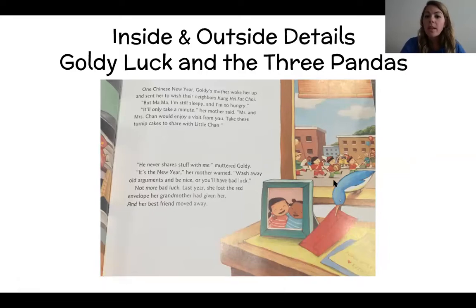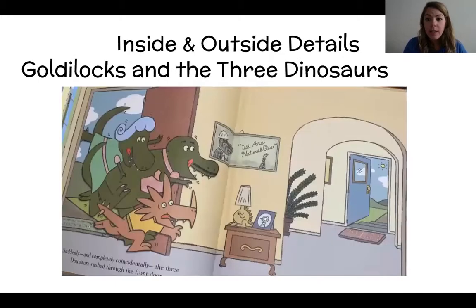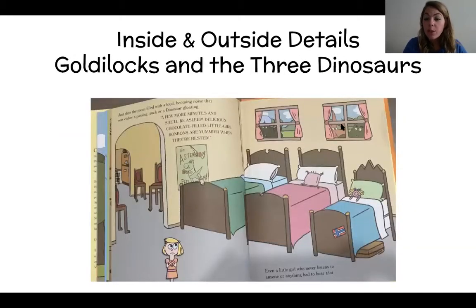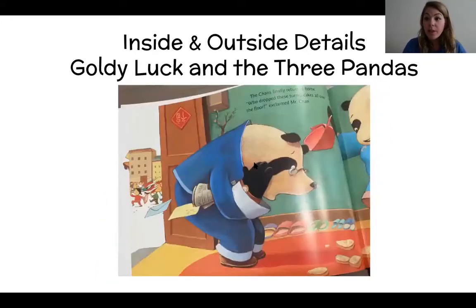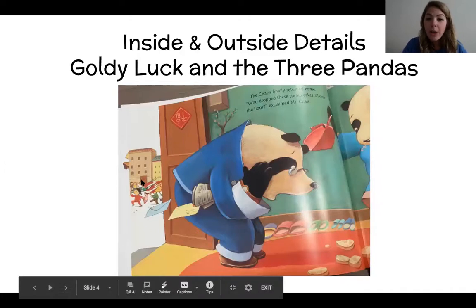setting. One thing that I'm noticing in common here is that both of these settings we've seen so far have a window or a door, which is helping us to see the inside and outside. Like for example, in this one, the dinosaurs, and we can see them peeking in from the window. And then this one here with Goldilocks, we can see what's happening outside because of this window. And then here's another one where it's a door, just like we saw in the Goldilocks and the Three Dinosaurs book. There is a door showing us what's going on outside, and then there's an inside scene here too, showing us what's happening in the house.